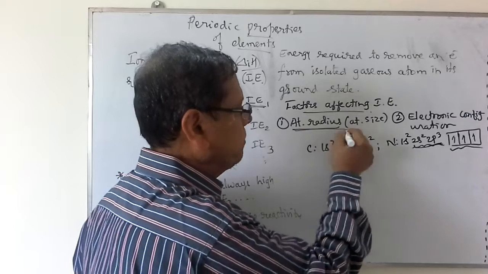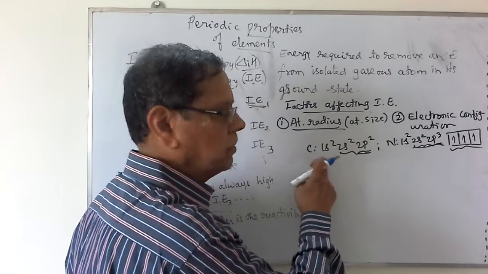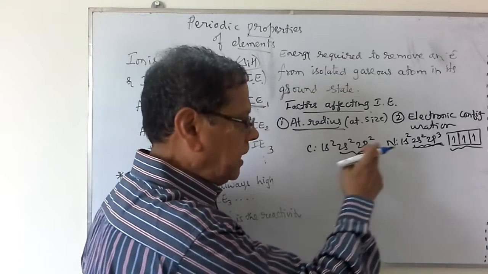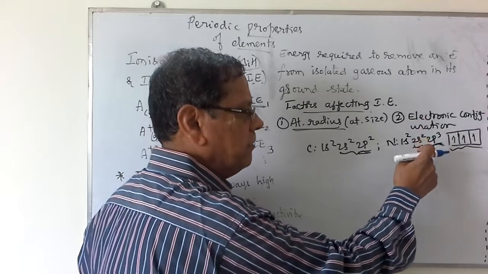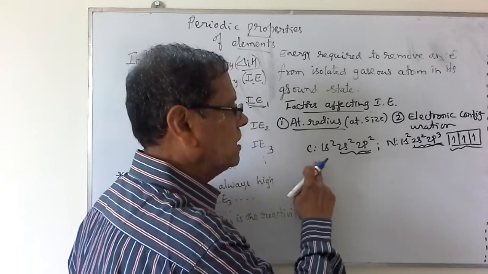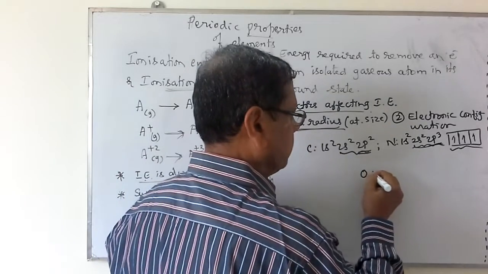This can also be explained based on the atomic radius. The atomic radius of nitrogen is less as compared to carbon. As the radius is less and it has the half-filled configuration, it has higher ionization energy as compared to carbon. But when you compare with the oxygen atom,